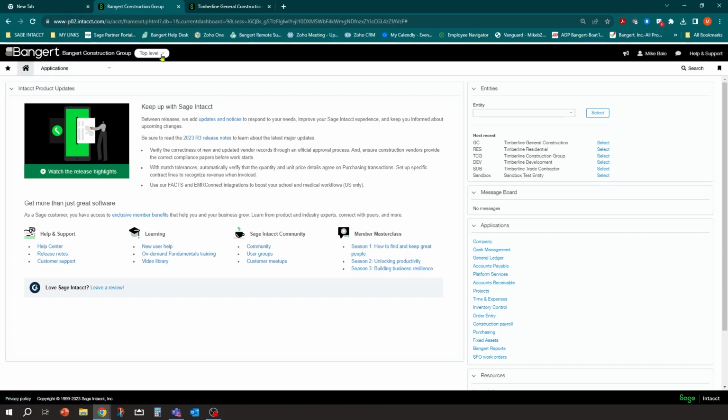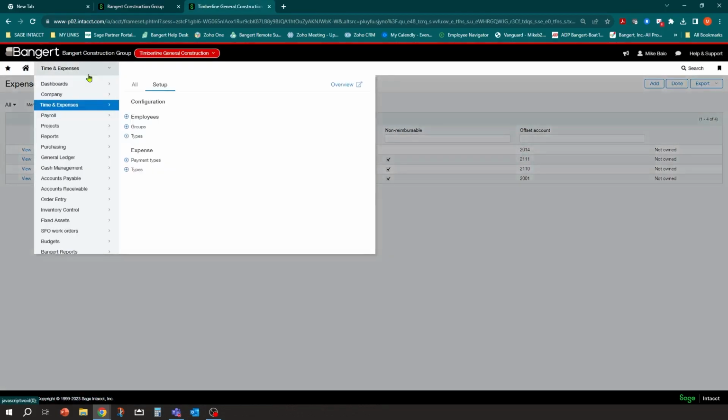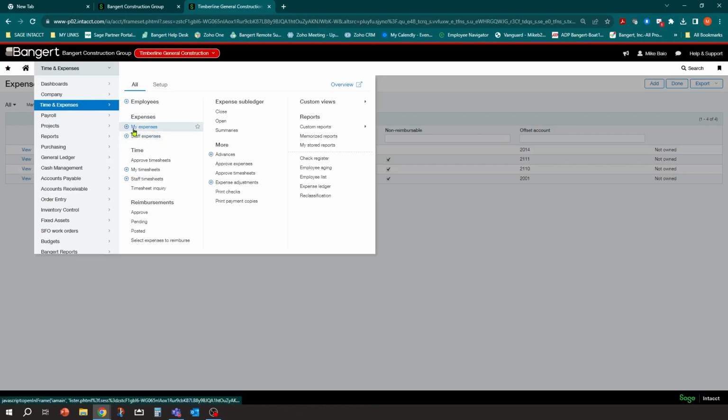What you can do is you can do a couple things here. I'm going to be in my entity level, and I want to show you on the menu first, and then I'm going to show you how you can put it together in a dashboard as well. But if you do have employee user licenses, the employees can log in. And when they log in, they will have the ability to enter their own receipts under My Expenses. So they will see that an employee license is limited, but one of the functions they can do is enter in their expenses and enter in their timesheets. So under My Expenses, they can go ahead and put their own in.